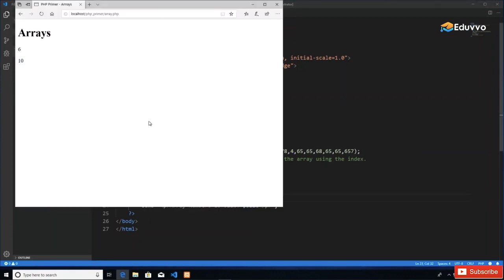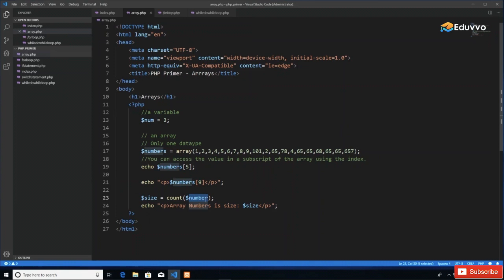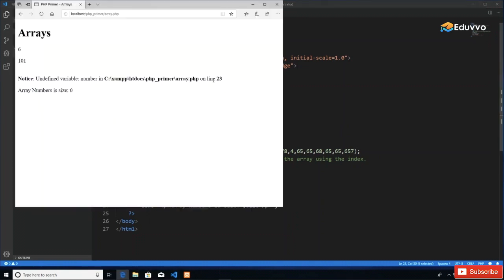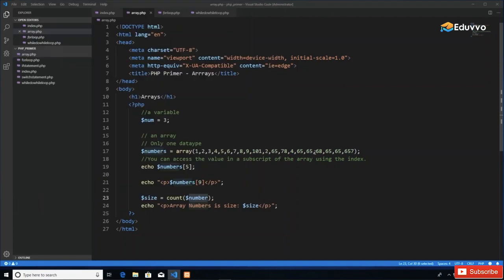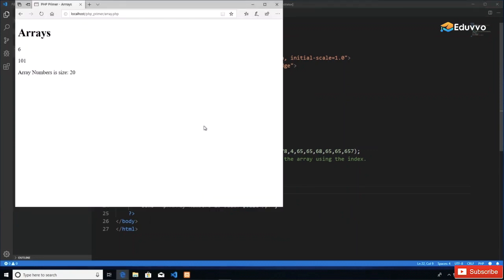And so when I refresh once again, then I see, oh my, I have a little error here. So we're getting an error about an undefined variable, and that's because I'm saying number here. So that's good. We have our first PHP error where it's showing us that we have some undefined variable on line 23. So we know exactly where to look and what we are looking for. So the error is that I have the array as numbers and I'm referencing number. So I just add an S there, fix that, and there we go. So now I have 20 values